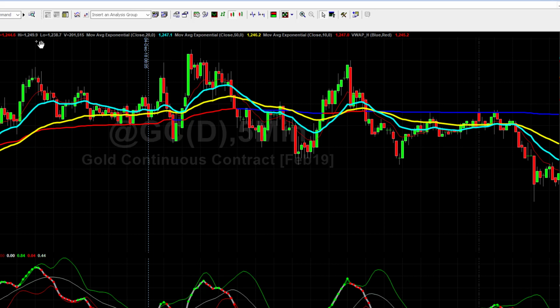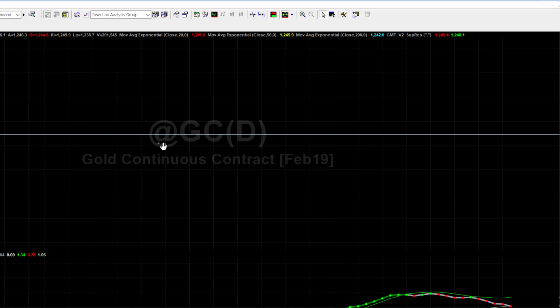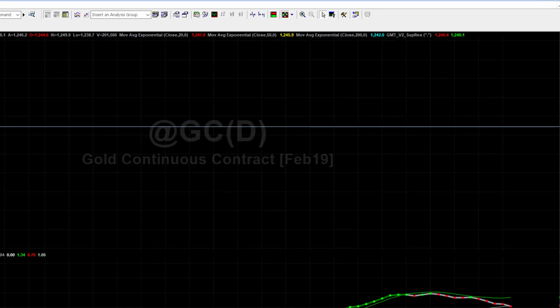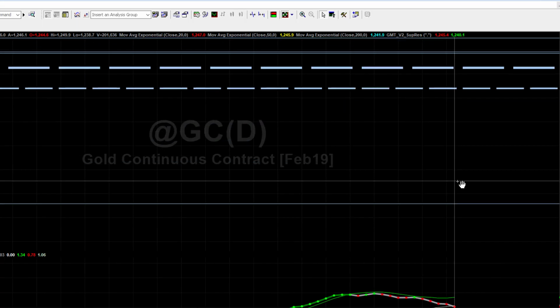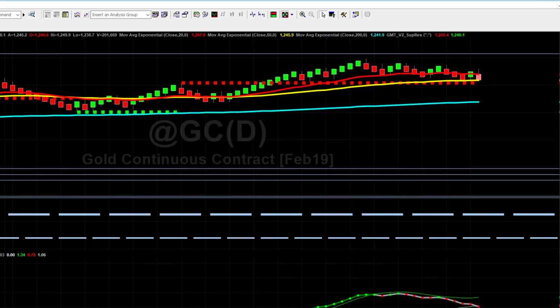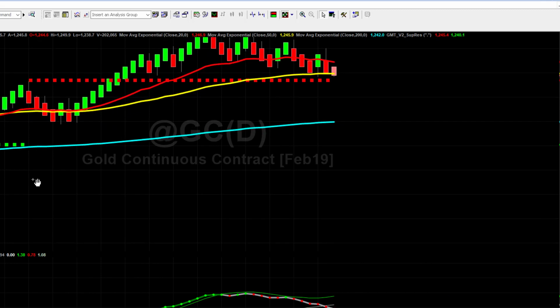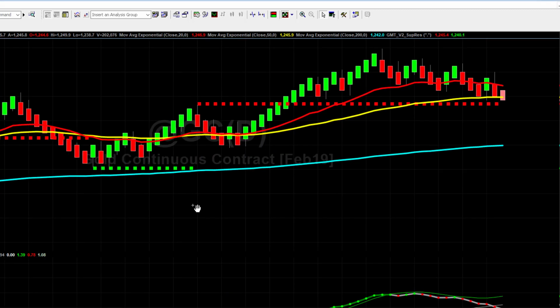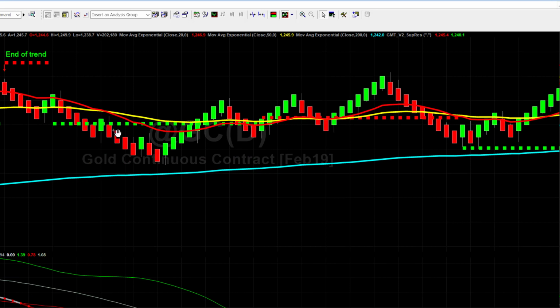I'm not necessarily suggesting that you trade off the Renko charts, but I'm suggesting that it's a good way of looking at the market as far as getting a clear picture of what's happening with the market. Because sometimes with our price-based activity on the time-based charts, it's a little bit difficult to see where the charts get a bit messy. So you can see here we're clearly long. We had that end of the trend yesterday and the sell-off,